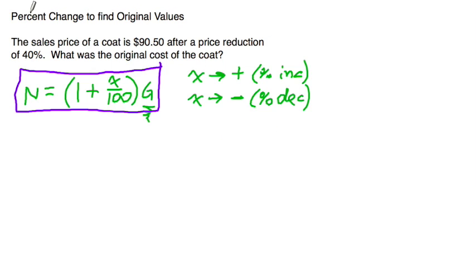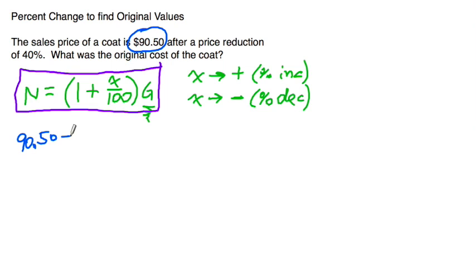Alright, so here we have the sales price of a coat is $90.50 after a price reduction of 40%. What was the original cost of the coat? So this is how much the sale price was. Maybe you're interested in what was its original value, which was its original cost. So when we go and use this formula, when I say new, we used to not know it, but in this case, this is the new value because this is the final cost of the coat. So that's going to go in this spot,